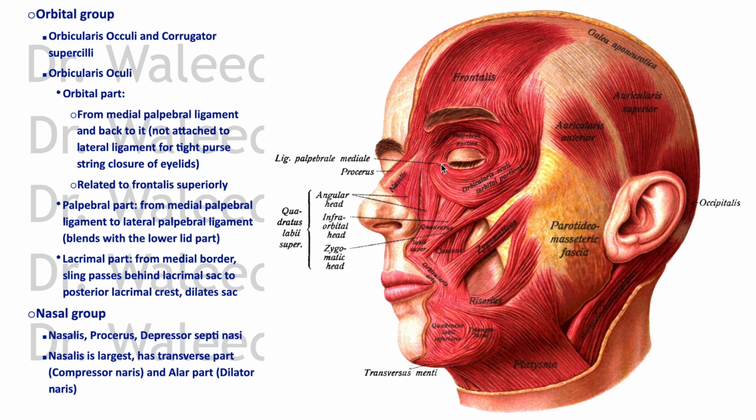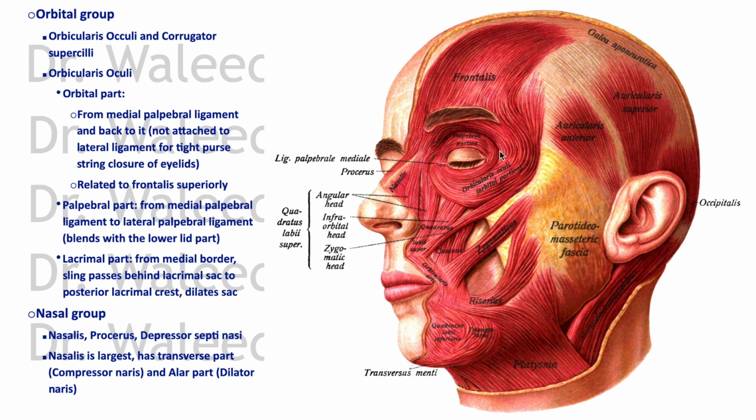Okay, back to the median palpebral ligament again. But the orbital part, it takes, yes, from the medial palpebral ligament, but it does not insert into the lateral. Actually, it's a continuous part. Why? To get the purse string action